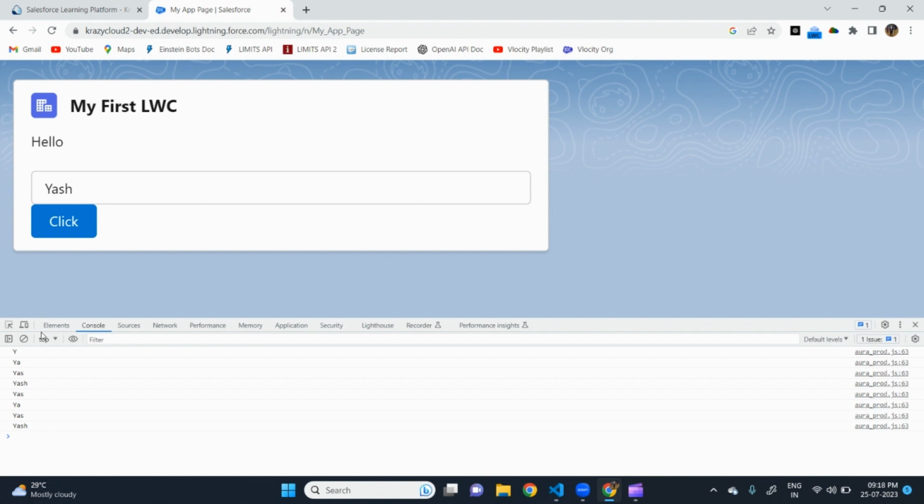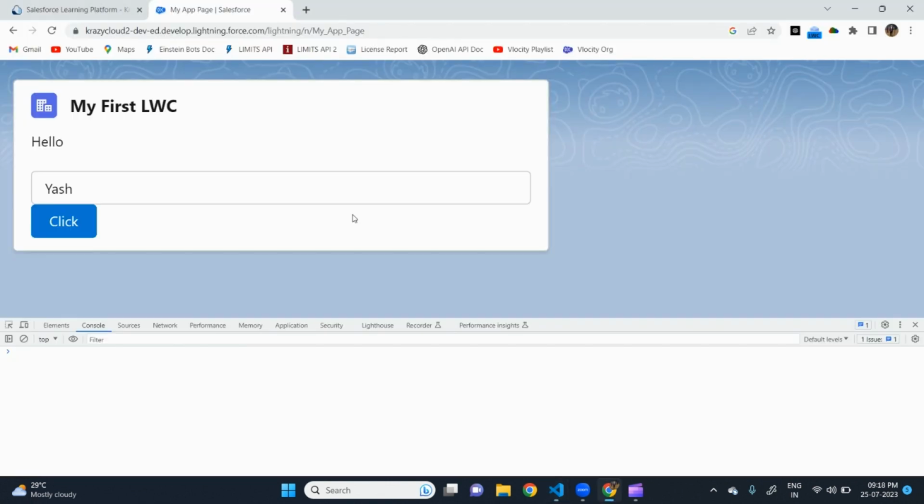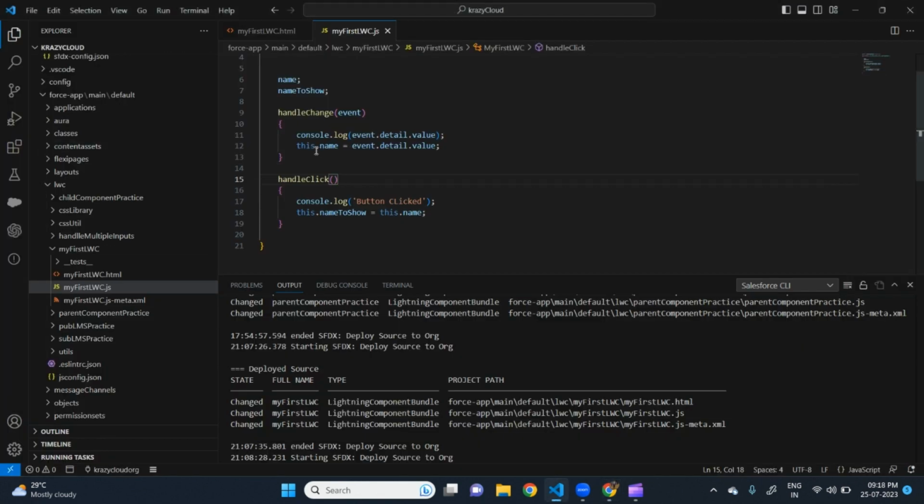So let's click this button and see this handleButtonClick get printed. Let's click this button and see, button click is there. And you see, hello Yash. Why? Because whenever the user was typing something, the complete text was getting stored in this.name, and when we clicked the button, the value of nameToShow